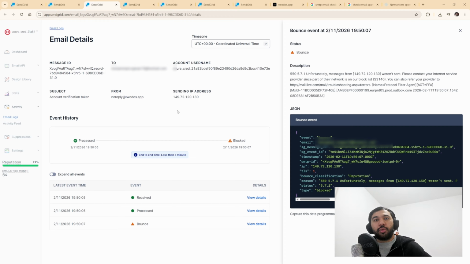So he also tried to create an account and use the application, but he never received the account verification token. And why did he not receive it? Because the message was dropped. So in the application, I was only able to receive this notification, which says received, and then processed comes afterward. And then 2 seconds later, it was bounced because Outlook decided not to accept emails coming